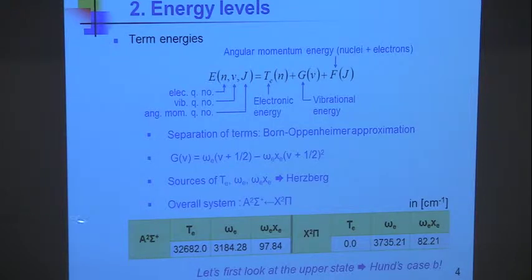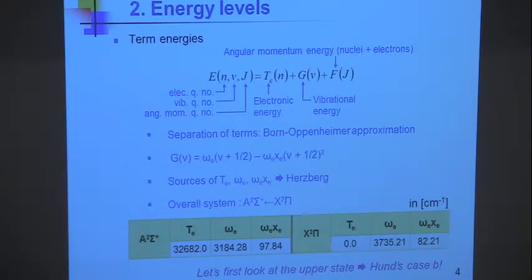Now there are other electronic states. There's B's and C's and D's that are higher and higher up, which means the wavelengths are going to get shorter and shorter, and you may or may not want to use those. If they're higher, that means the wavelength has to be shorter, and then once you push down to, say, 200 nanometers, you enter the vacuum ultraviolet, and you can't propagate light through the air. So there's a real reason why we tend to work with wavelengths longer than 200 nanometers in the laboratory. So this is a commonly used